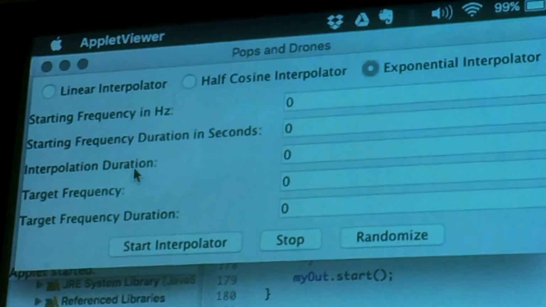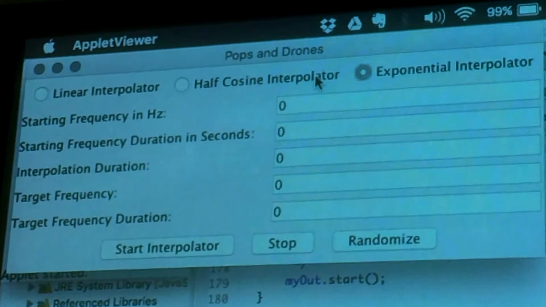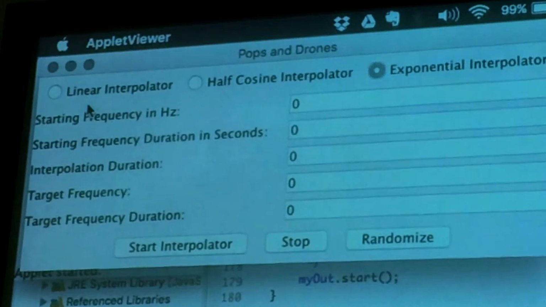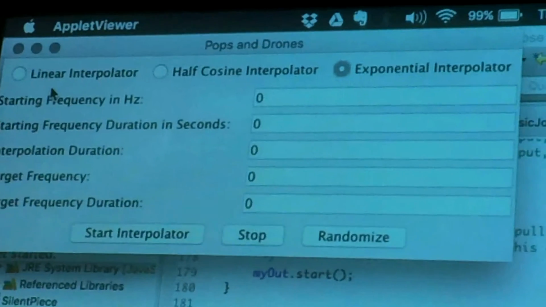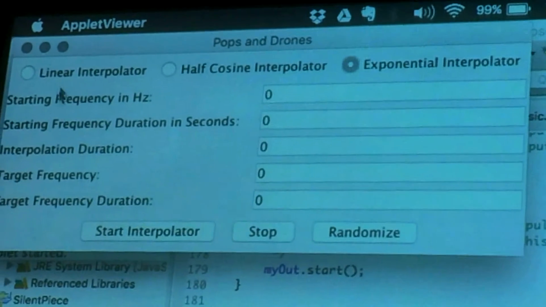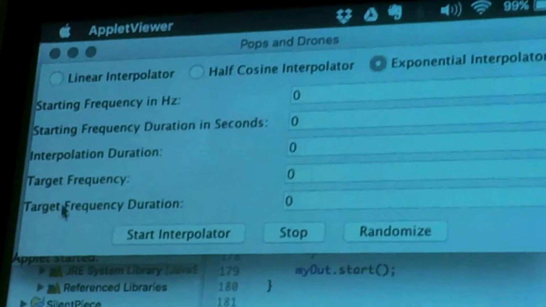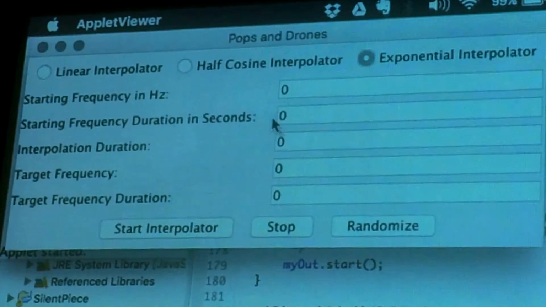The interpolation uses one of these three up at the top to determine the trajectory the pitch will take as it changes frequency, and the target frequency is where that frequency will land,